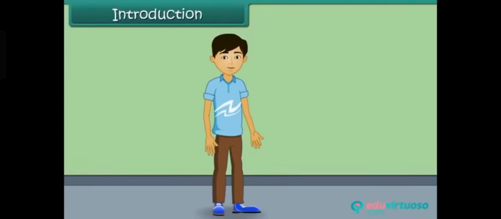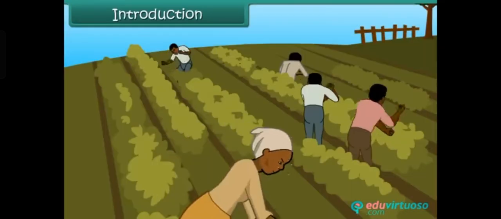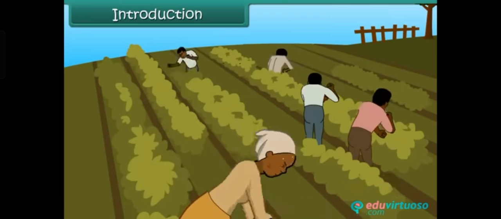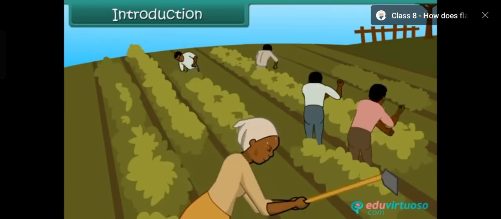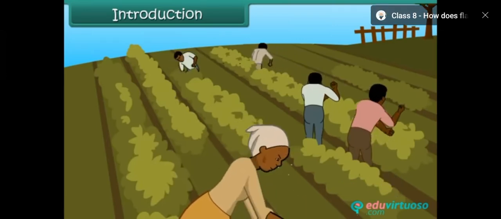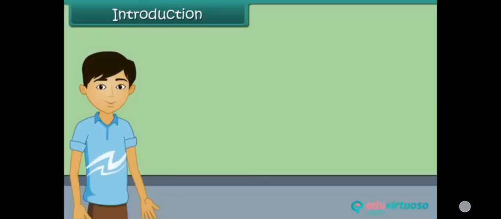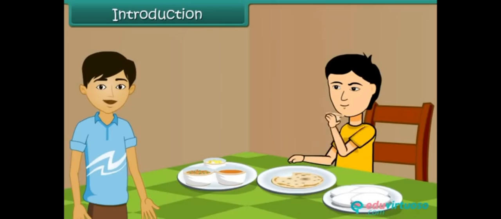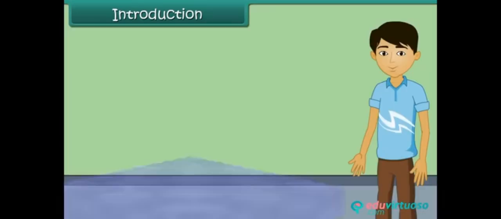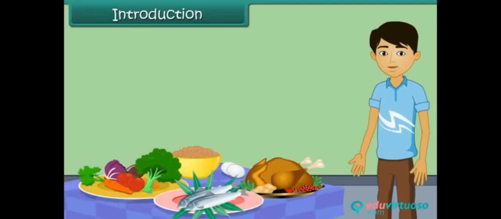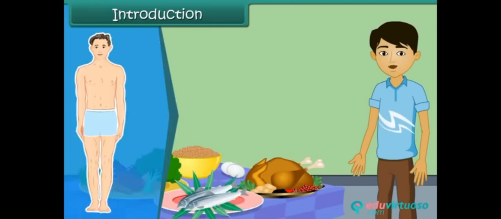Seen farmers working in paddy fields. They work all day long. But have you ever wondered where they get that energy to do their work with full enthusiasm? Actually, like us, they also get this energy from the food that they eat. In other words, we can say that food is the main source of energy for our body to perform daily